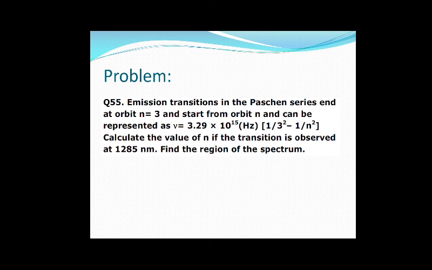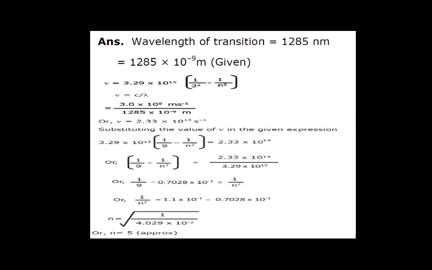Meaning, two things have been given to you: one is the frequency nu and the second is lambda, because 1285 nanometer is lambda given to you. So which formula should we use? Try it and verify the answer. You can see lambda is given to us as 1285 nanometer. Convert into meters, then 10 raised to power minus 9 will come. And nu has been given to you, this one. And we already know the formula, c is equal to nu lambda, which we did in the beginning. So from there you can calculate nu is equal to c upon lambda.